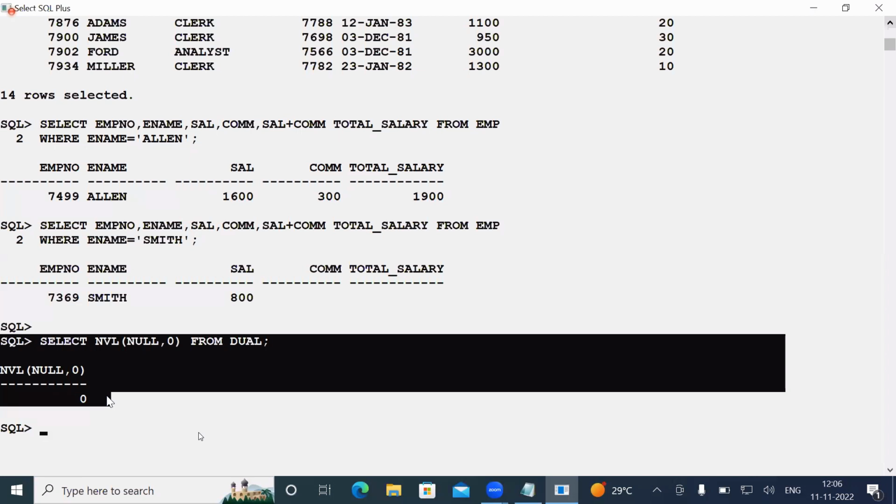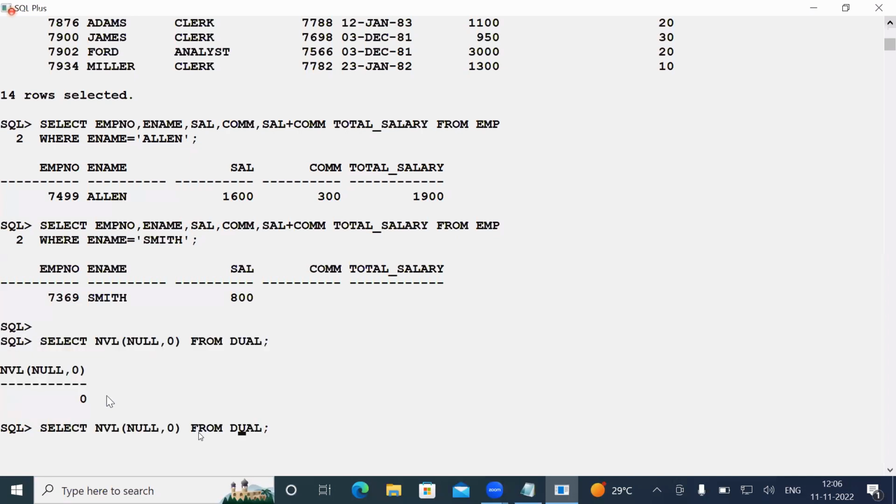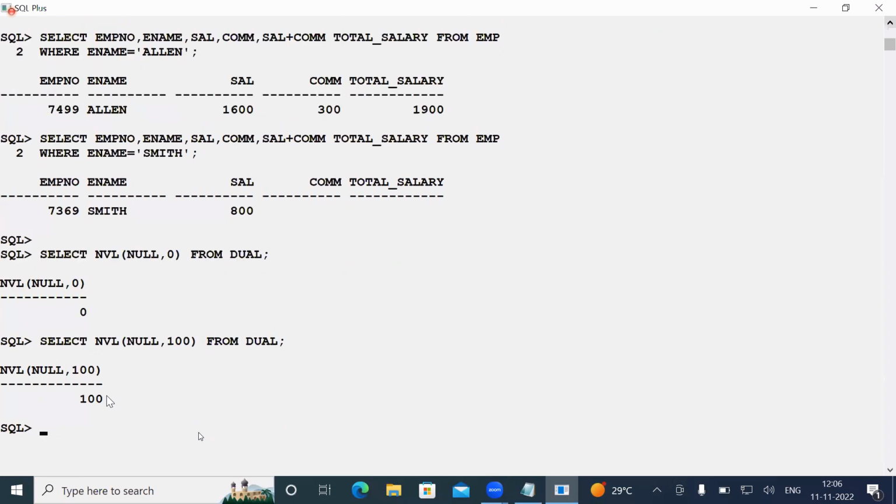Yes. Same as, and not only 0. For example, you given here, not only 0, I'm giving here 100. Then how much will be returned? Yes, 100 is returned. Okay. Suppose in the next level, if I'm giving expression 1 as, suppose, 0,